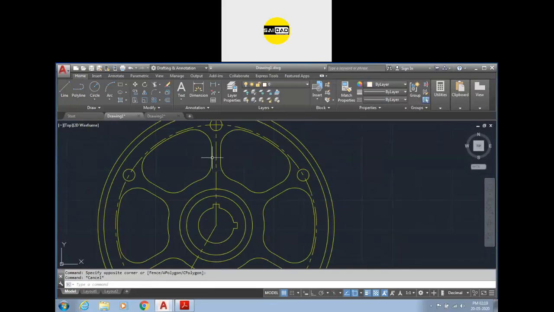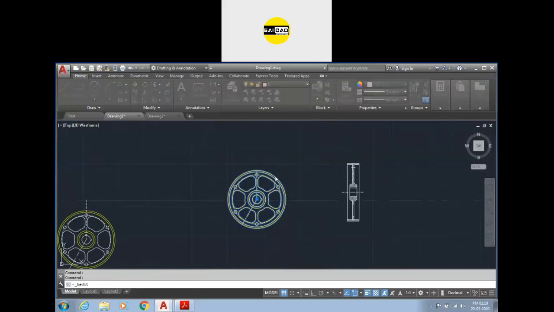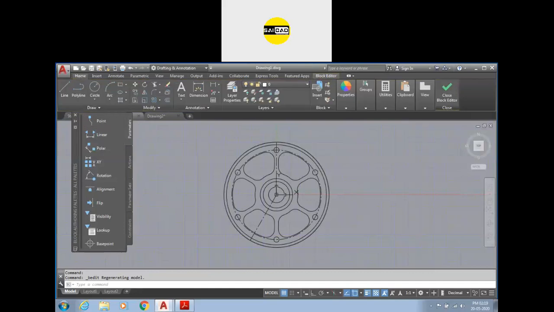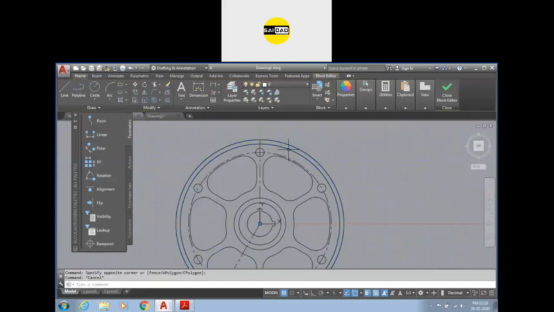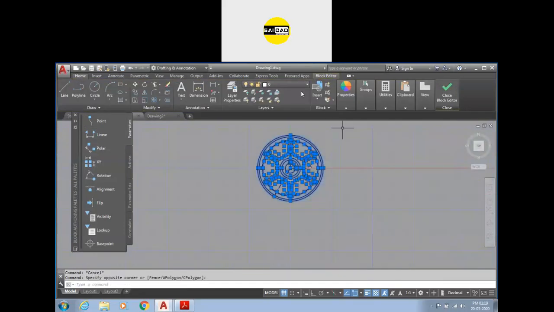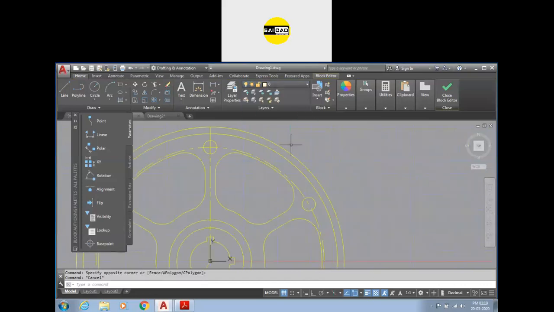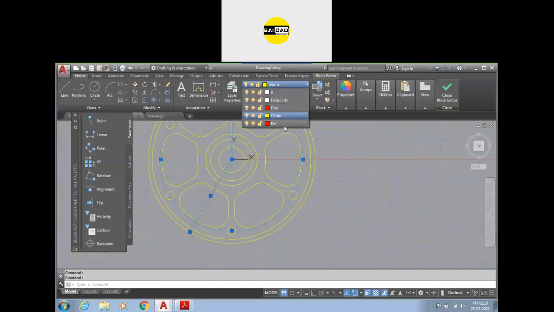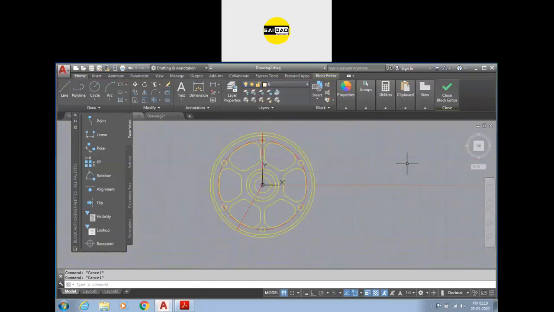I don't want these references to be converted to that layer, so go to the edit option. Now you can go to the home tab. You can specify everything from here. Just select the whole object, go to the geometry and select the references like that, and make them shift to the reference like that.